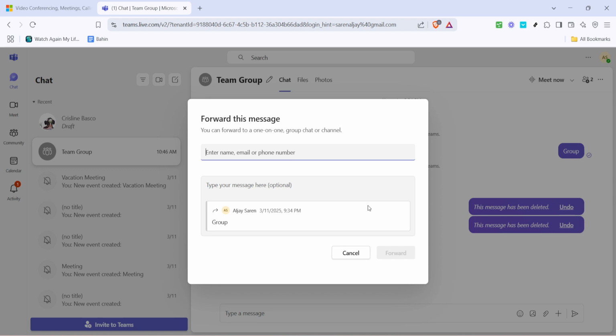Once you've selected the correct recipient or channel, the final step is to simply click the Forward button. This action will send the message to the designated recipient, allowing you to effortlessly share information with the right people. And that's it, a straightforward yet efficient way to keep everyone on the same page by using the forwarding feature